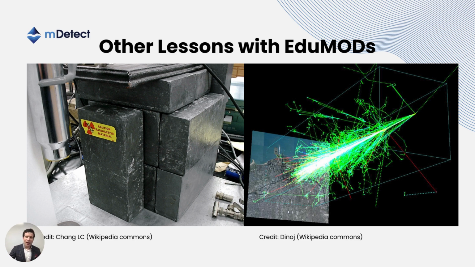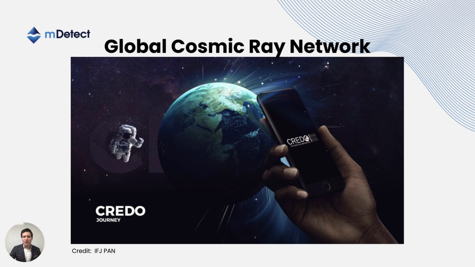Now, inspired by the global cosmic ray network CREDO, we want to create the Australian Cosmic Ray Network. This will search for cosmic ray showers not over those kinds of meter distances, but rather thousands of kilometers, because Australia has one of the largest contiguous land masses under a single jurisdiction. With detectors in schools and research groups across the country, we can find showers that are as large as nations.